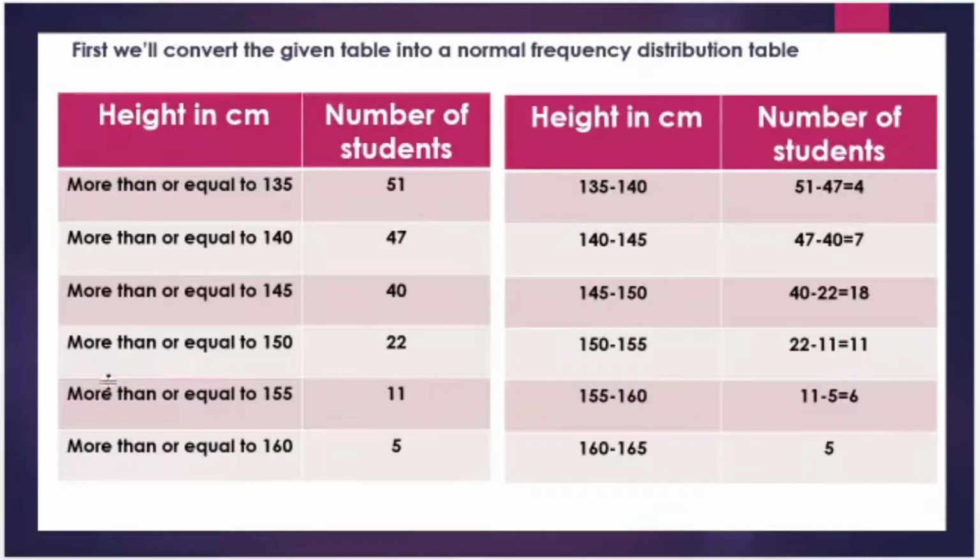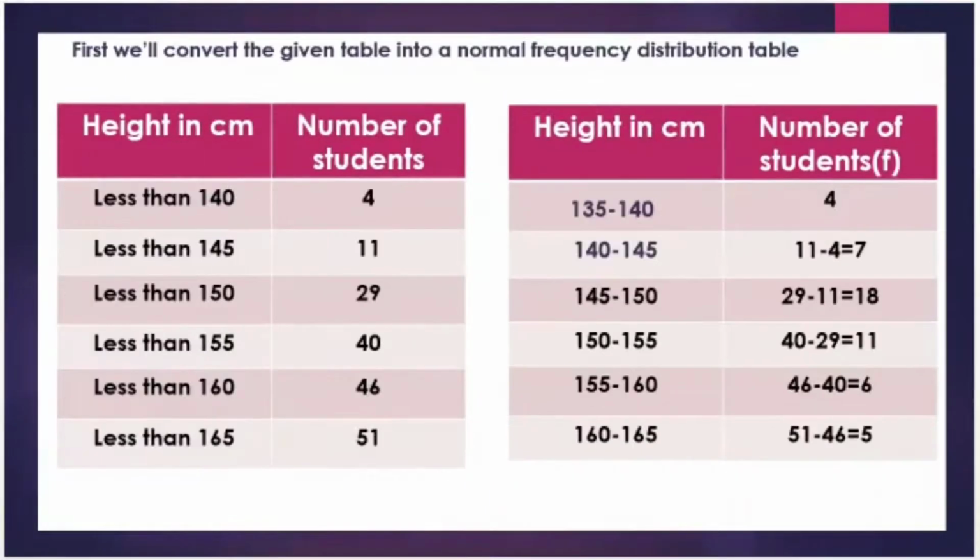Had the question been in the form of a less than type table, I've explained in my first video how to convert it into a simple frequency distribution. So less than 140, when I say less than, it means that I have these as the upper limits given to me, and the class size can be taken by subtracting the two consecutive upper limits. So that means the class size comes to be 145 minus 140, which is 5. And we get the upper limit of the first class as 140. So my first class comes out to be 135 to 140, then 140 to 145, 145 to 150, 150 to 155, and so on.